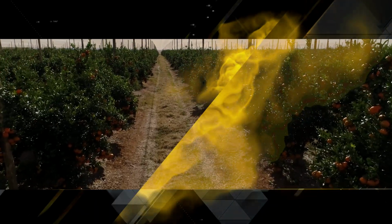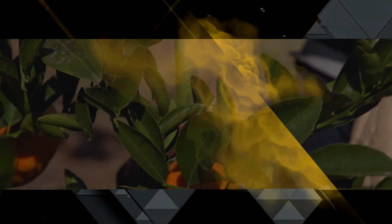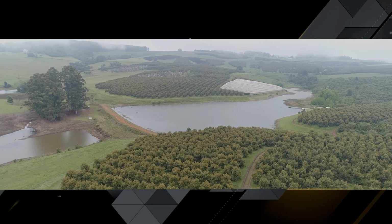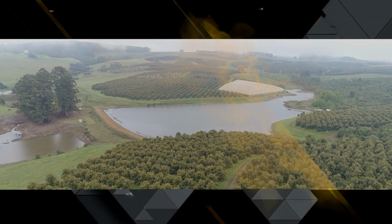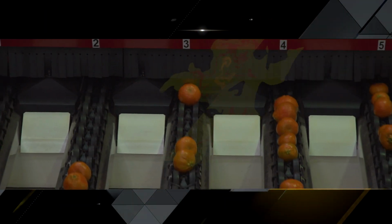You can look forward to a jam-packed show. We're focusing on high-value export commodities and we'll be looking at fruit this time around. Fruit farming in South Africa consists of a wide variety of fruits. It contributes to the South African economy since more than half of our agricultural exports are fruit. These fruits get produced from well-managed orchards where the infrastructure development and technology adoption is as important as fertilization, irrigation,